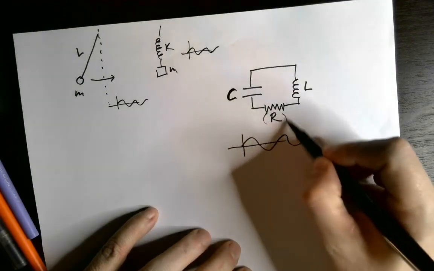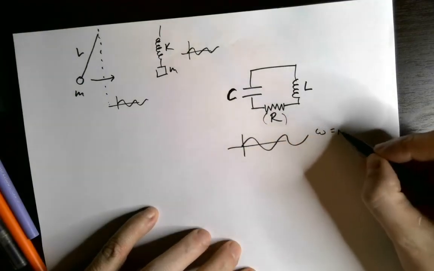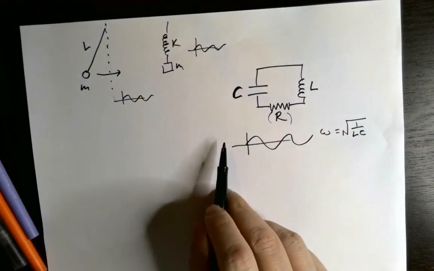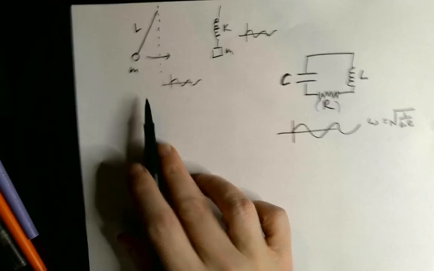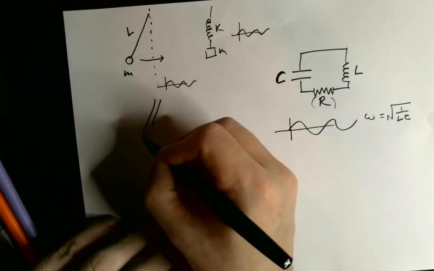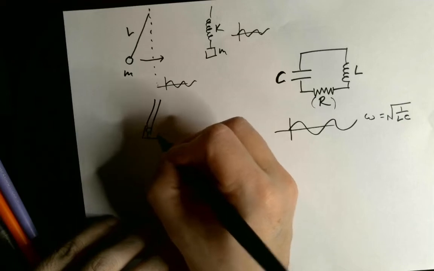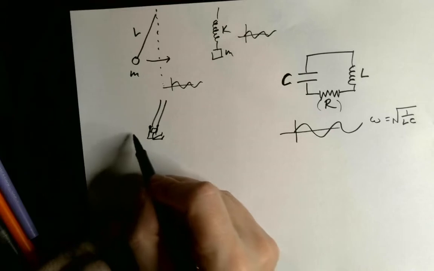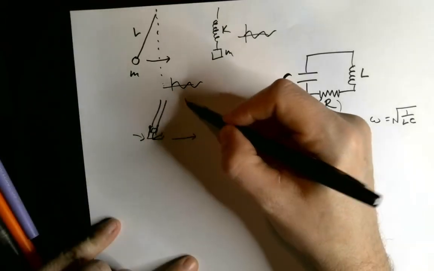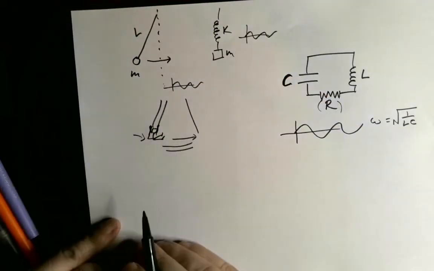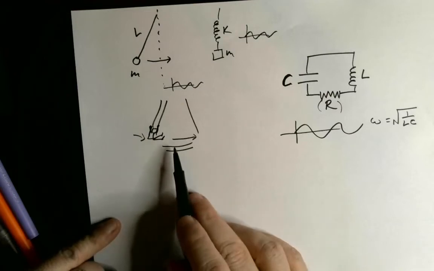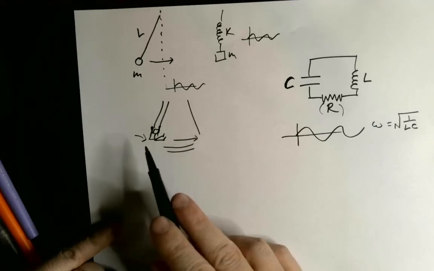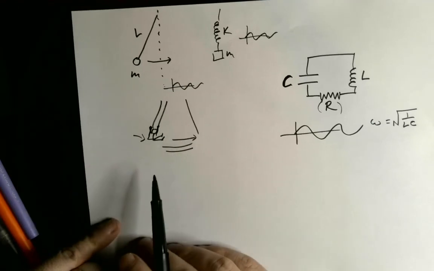If R is small, then the frequency is approximately equal to the square root of 1 over LC. Think about a mass on a spring, and think about someone sitting on a swing. If you want to push someone sitting on a swing, you have got to push at a particular frequency that resonates with the natural frequency of that system. You have to push them once every cycle in order to make them keep swinging and swing higher and